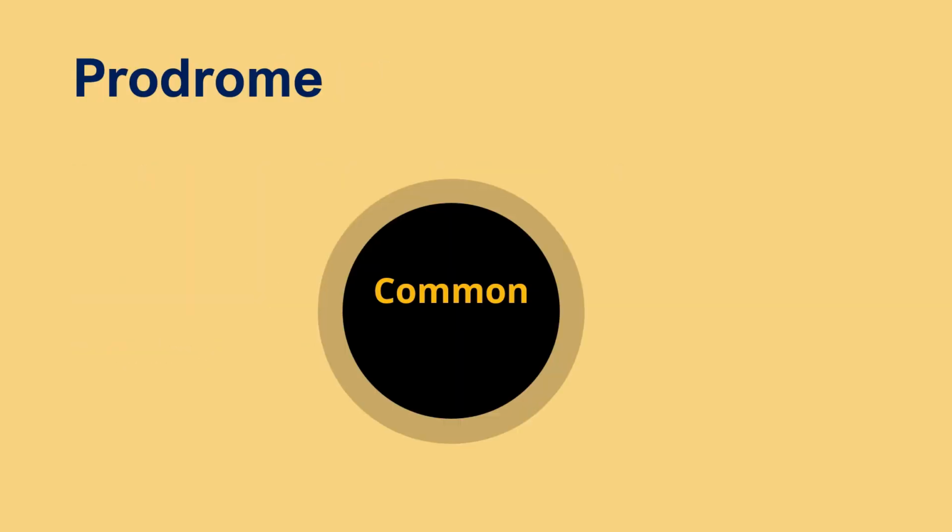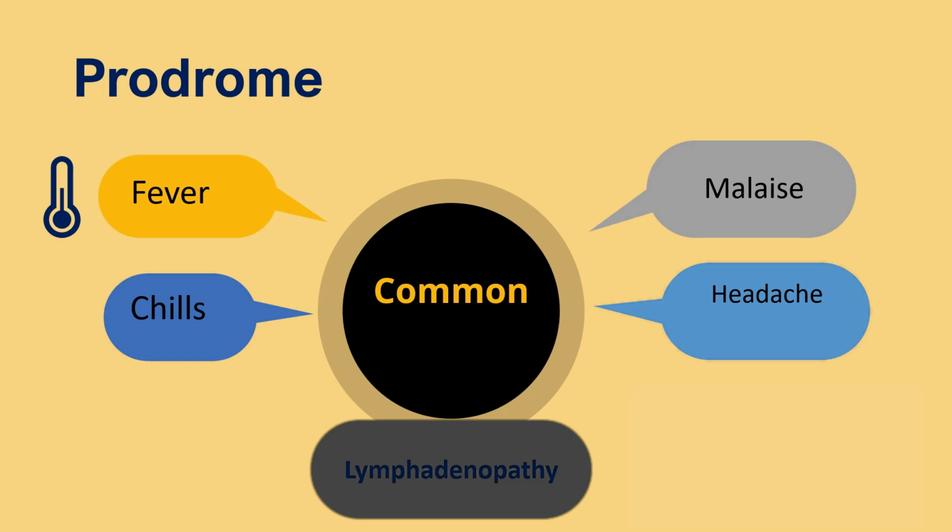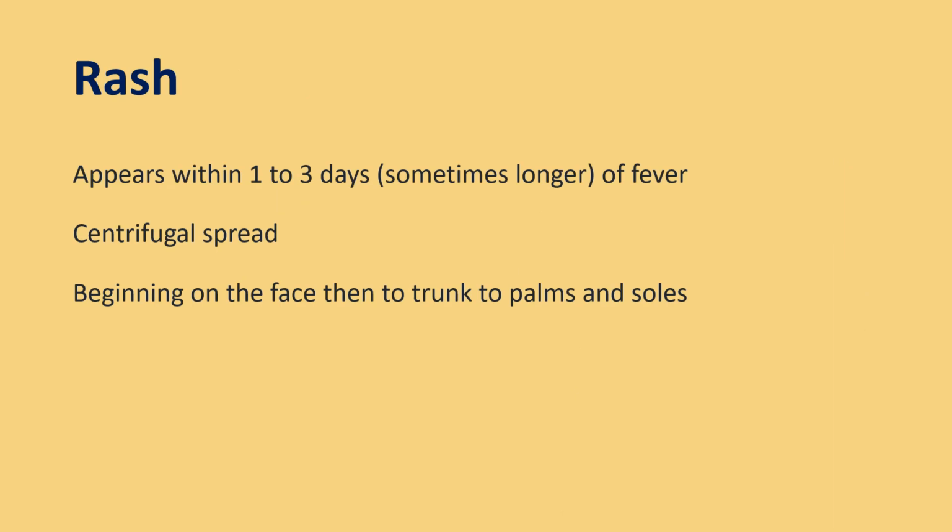The common symptoms include fever of more than 38 degrees, chills, malaise, headache, and lymphadenopathy. Lymphadenopathy is a distinct feature that distinguishes monkeypox infection from smallpox. Following the prodromal phase, the characteristic rash appears within 1 to 2 days following the fever. The rash usually begins on the face and then spreads to the trunk and the palms and soles, following a